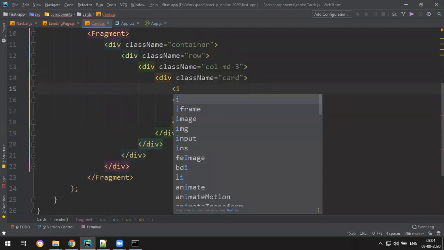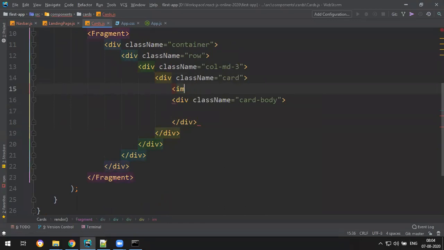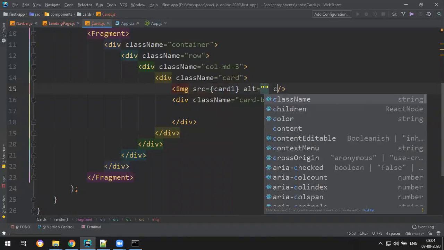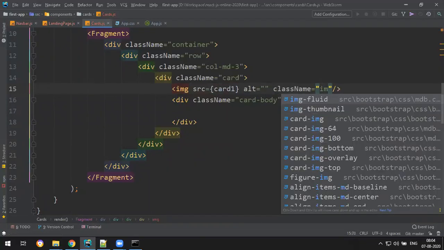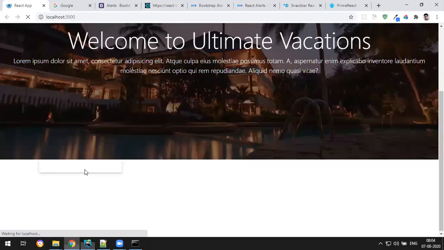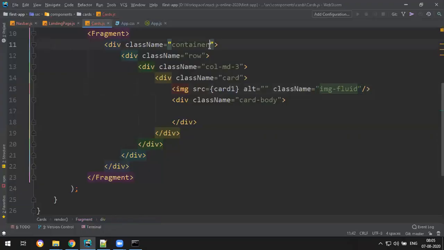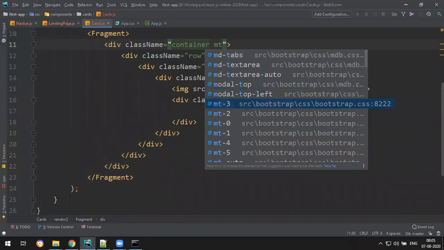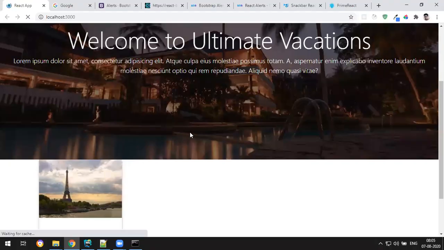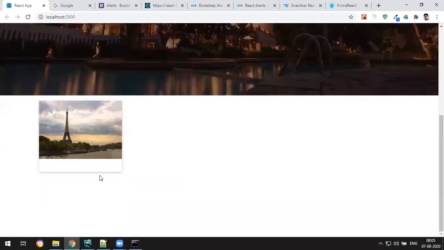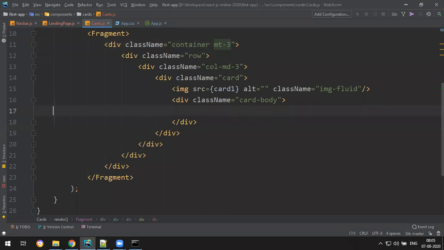So let's add them here. I add image tag, img tag, img self closing. Src will be card1 dynamically, and alt just nothing, empty, and className img-fluid, so that you get a nice card. But I want to give some margin top, so better you give margin top here. Okay, perfect. And below this we need to display some text. Let's quickly do that.